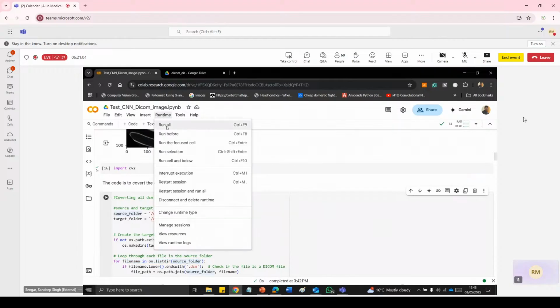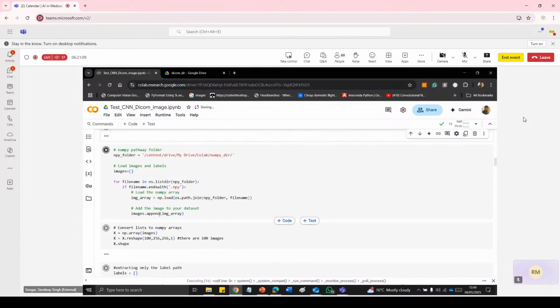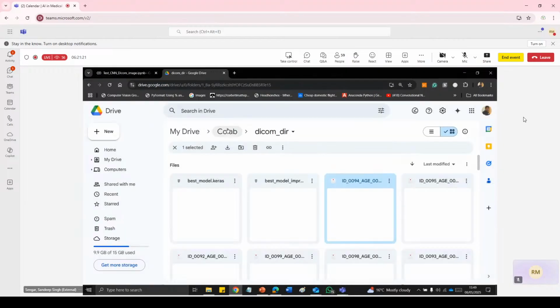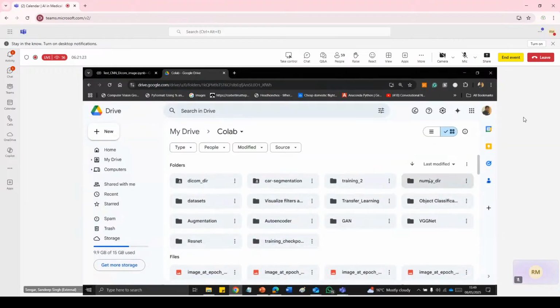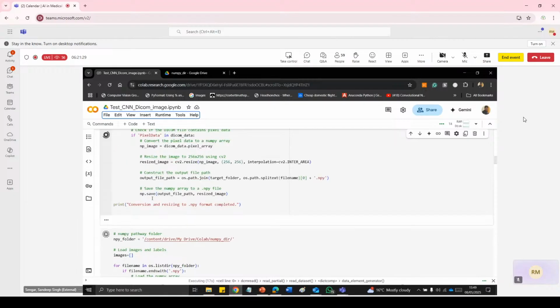So it will be okay. It will save time, right? Now, once we did this, we can see this NumPy folder path, like our Google Drive path we have right here. Now we need to work with the help of this NumPy folder only. So once we have this one,